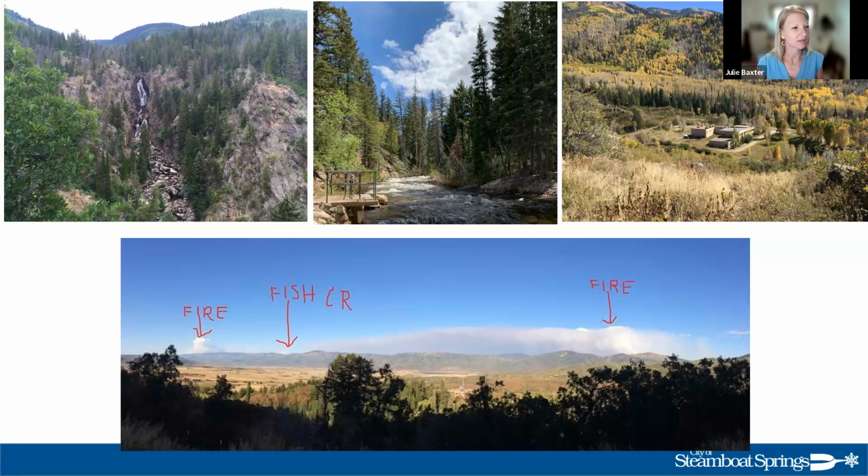And so the project here was to develop a collaborative plan with our state and federal and local partners to assess our risks and vulnerabilities from wildfire to our drinking water system and our infrastructure, and also to watershed health. So one of the first steps in this was to develop a watershed risk assessment. So next slide,